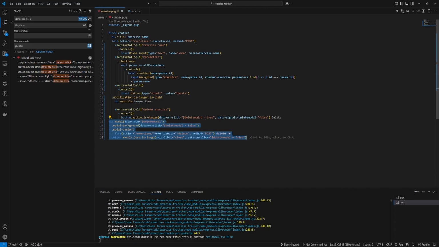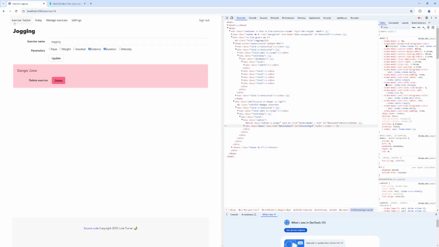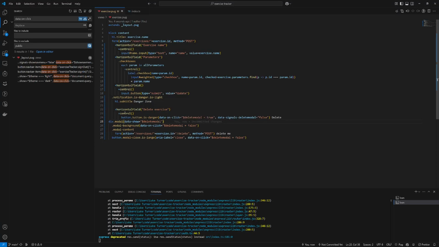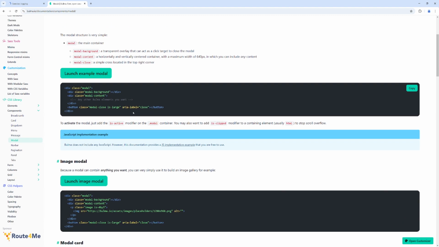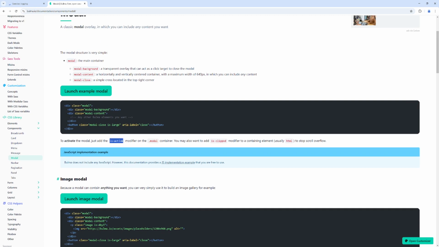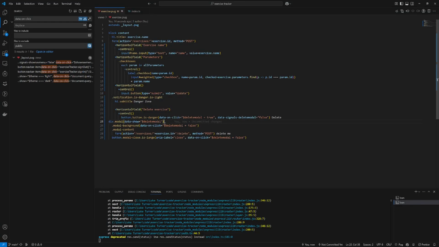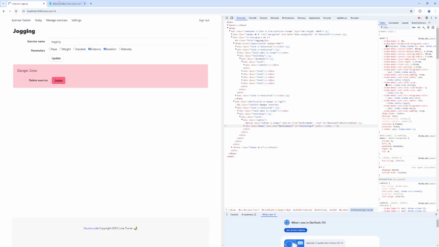This might need to be more like this. Oh, right. So I think I know what's going on here. The modal needs the isActive modifier on the modal container. So we're not going to use data show. We're going to use data class, right? Data class. Yeah, something like this. Data class is active equals delete modal. Yeah, is active. Okay, so now we refresh the page,